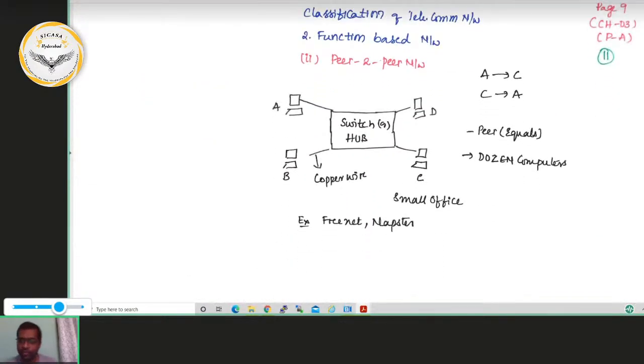Now, what do you mean by peer-to-peer network? Peer-to-peer network is nothing but where you will not have a server. But how do you connect these particular computers? The computers will be connected using